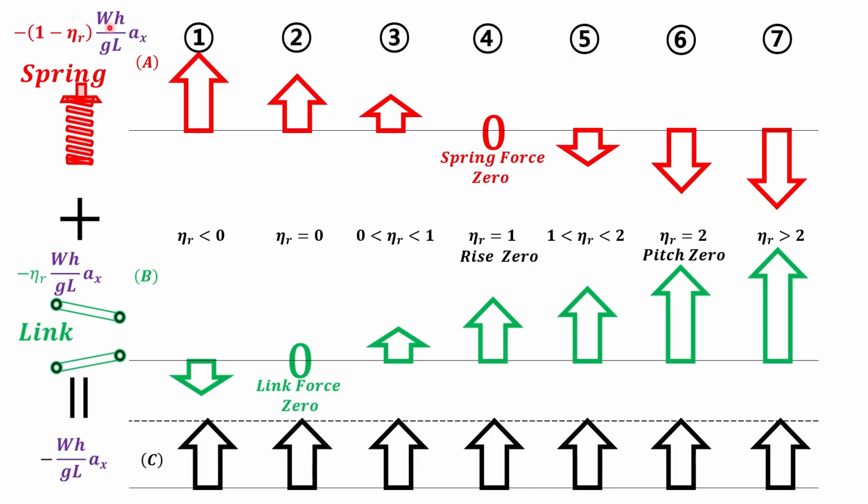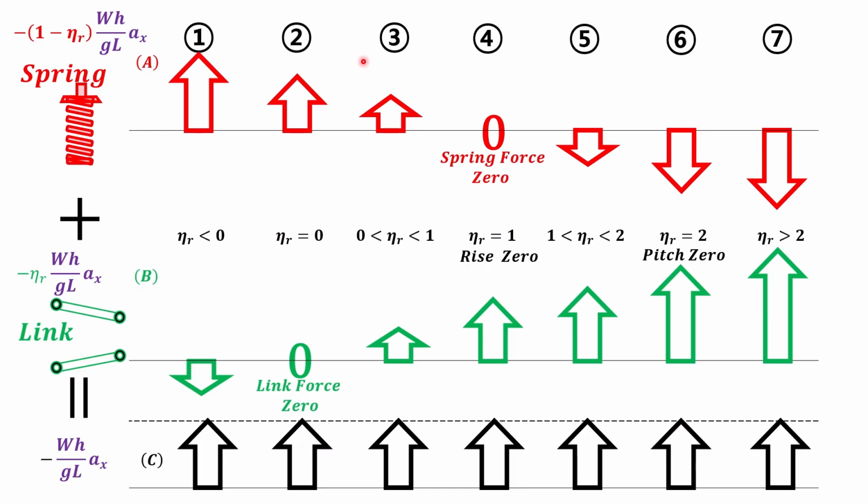Therefore, when the vertical force acting on the spring and the resultant vertical force of the links are added together, the value represented by equation C must be the same in any case. Equation C represents the resultant vertical force acting on the spring and links, not the ground reaction force. By using eta R, the ratio of the resultant vertical force of the suspension links to the vertical dynamic load transfer, the spring force and the resultant vertical force of the links for the 7 virtual reaction points can be